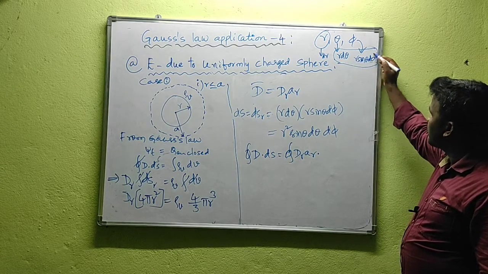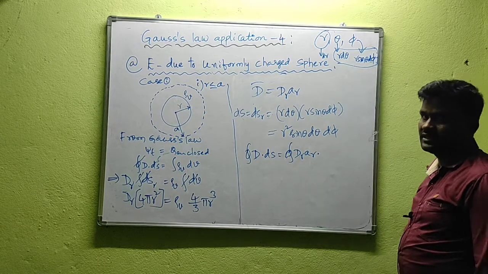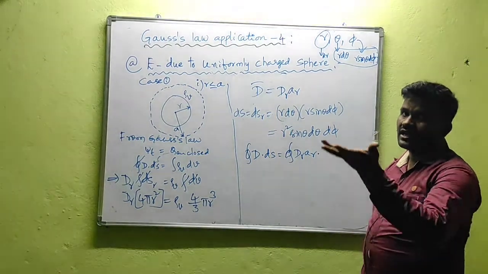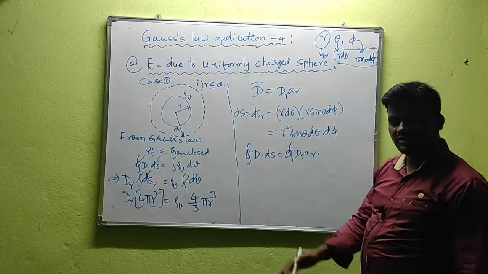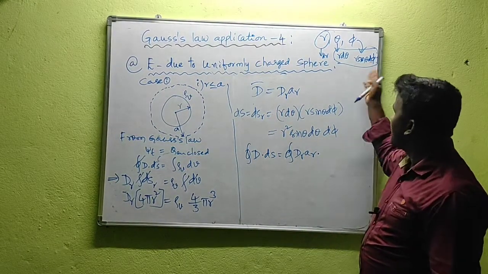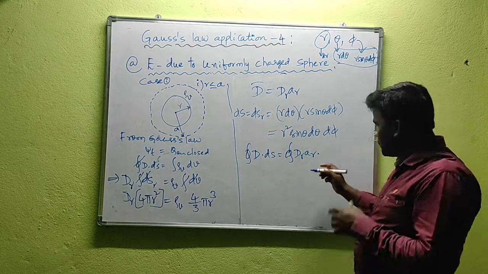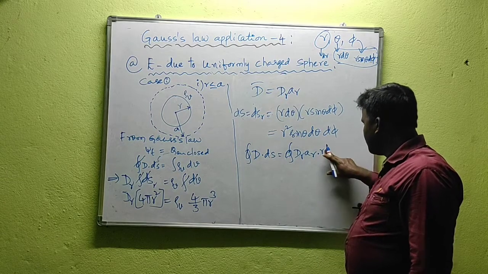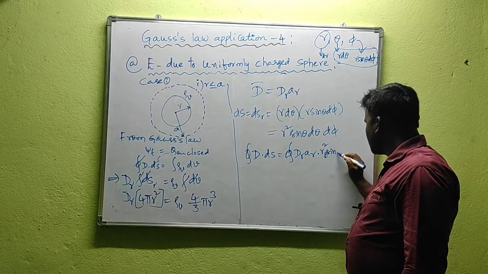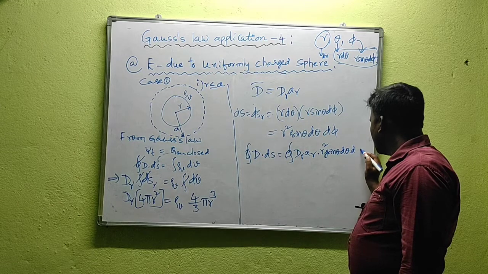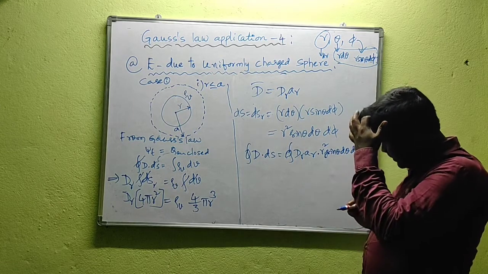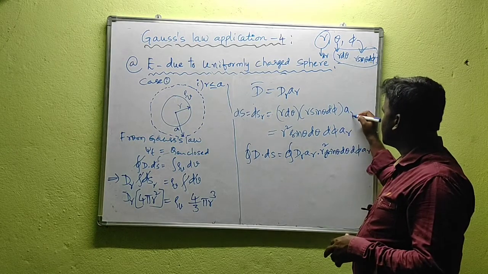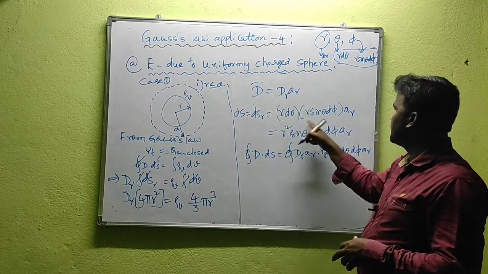This phi is the angle made by the projected component r sin theta. We already discussed this in the topic on differential elements along unit vectors and their importance. Please watch that video if you have any doubt. So here D_r a_r, and this is r squared sin theta d theta d phi into a_r. This a_r indicates the differential surface area, which is normal to r.